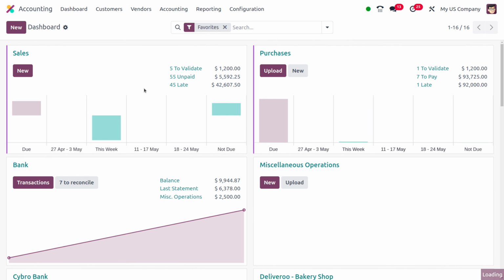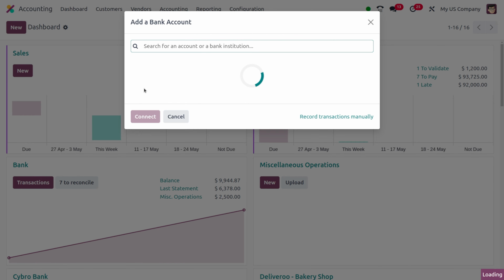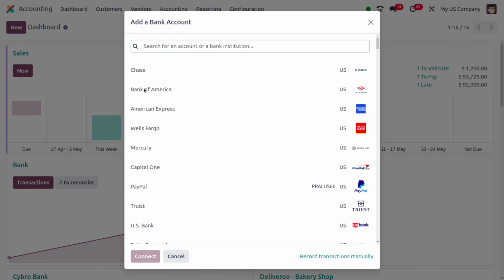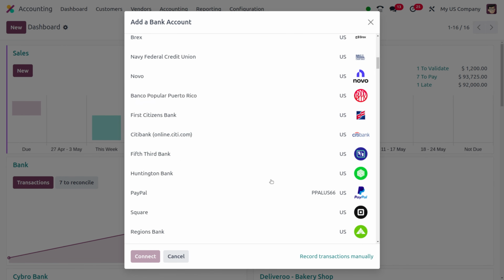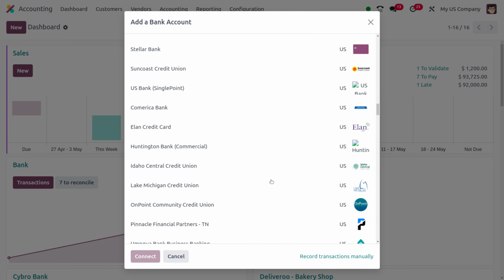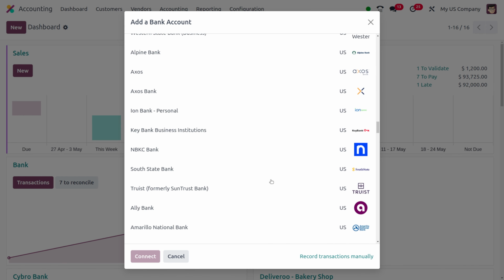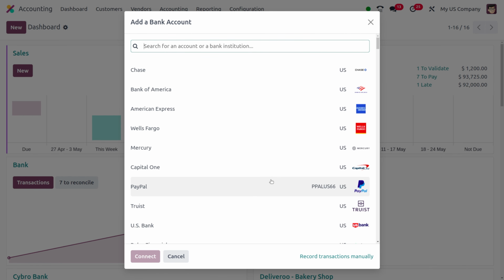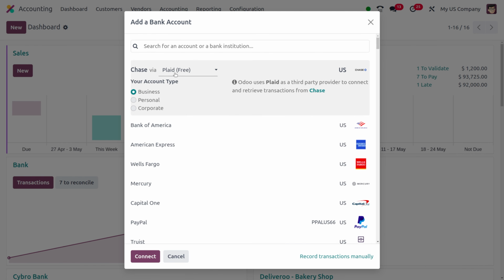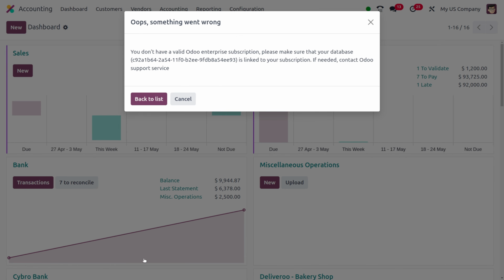As you choose bank here, you can see you would be able to add a bank from here. In this case, you can find the number of banks that are available under this database. According to your preference, you can choose the bank from here. If you want to connect the bank, you have to have the credentials and all. Upon clicking on connect, you can see we can add it, but as we don't have the enterprise subscription, we are unable to connect right now here.